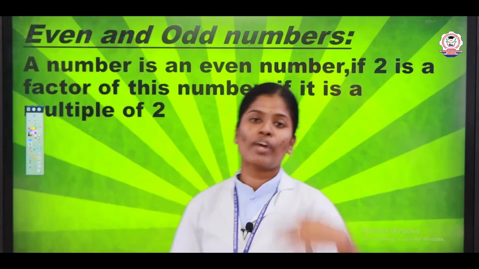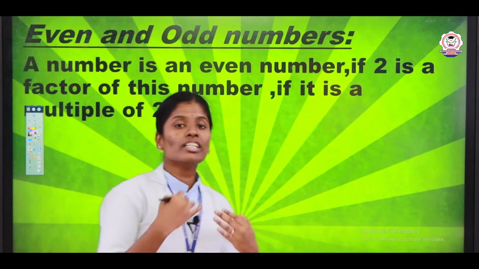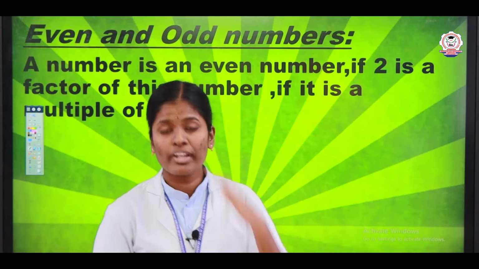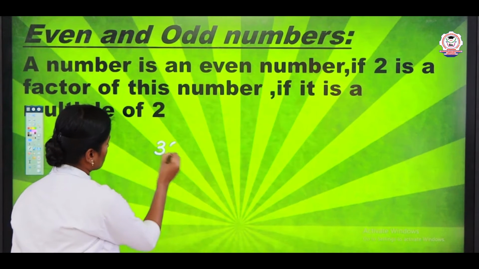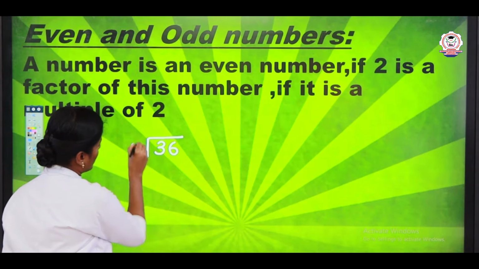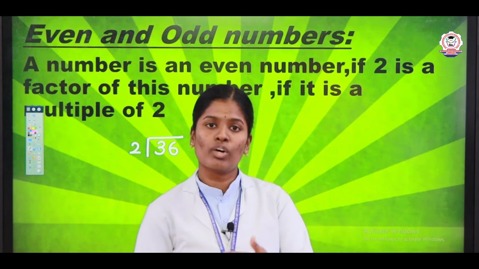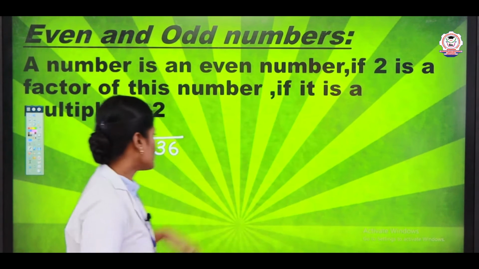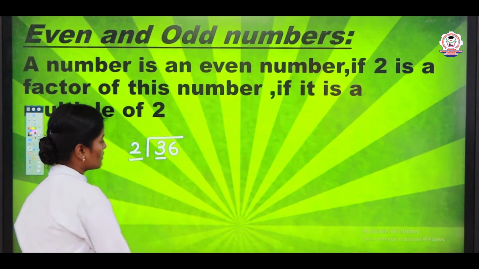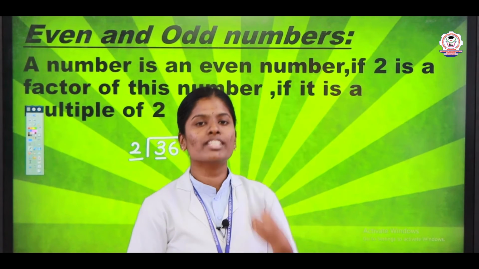For example, if you take 36, you are going to check whether 36 is an even number or an odd number. Take 36 divided by 2. In the remainder, if you get 0, that means yes; a non-zero number means no. Remainder 0 means that it is an even number. Take the first digit. Now the 2 table. Here the dividend is 36 and the divisor is 2.